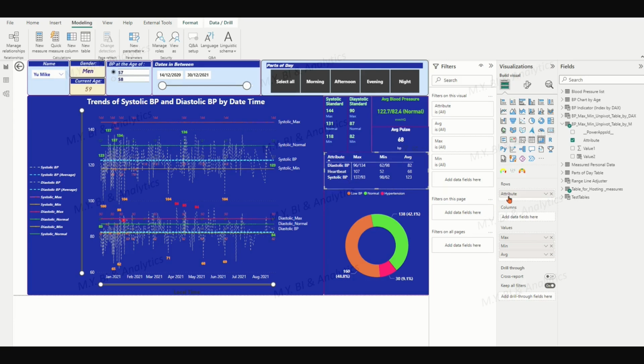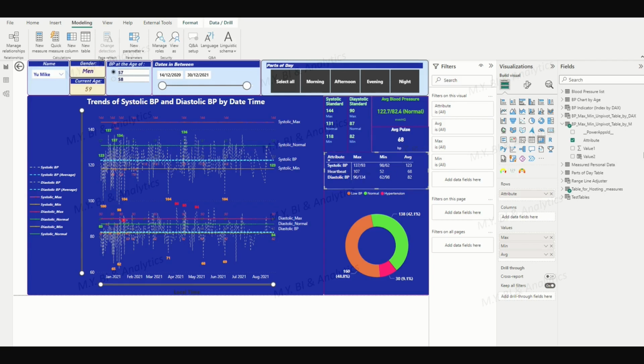The visual row field inputs come from the column attribute of the table BP max min on unpivot table by M. They are listed in ascending or descending order by alphabet. But often we want our customized sorting order that is neither by alphabet nor values. For example, in our case, we want first the systolic BP, then diastolic BP, finally the heartbeat.